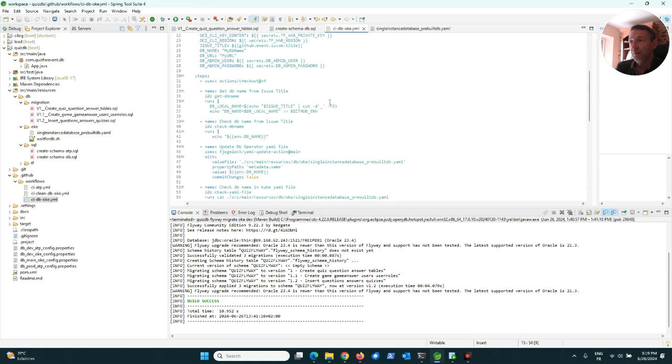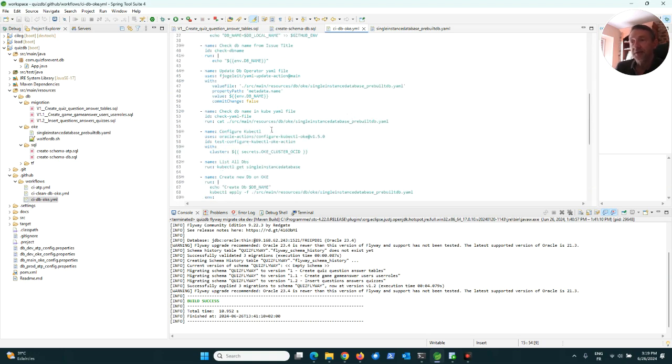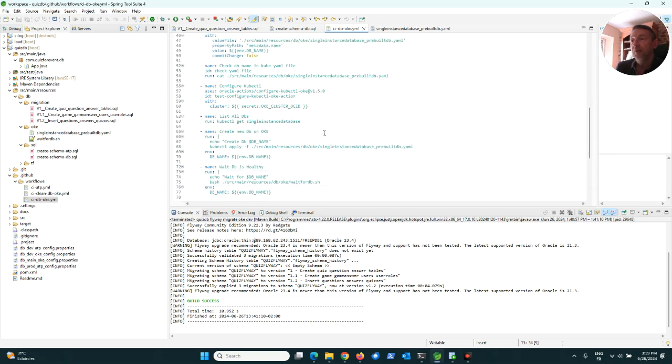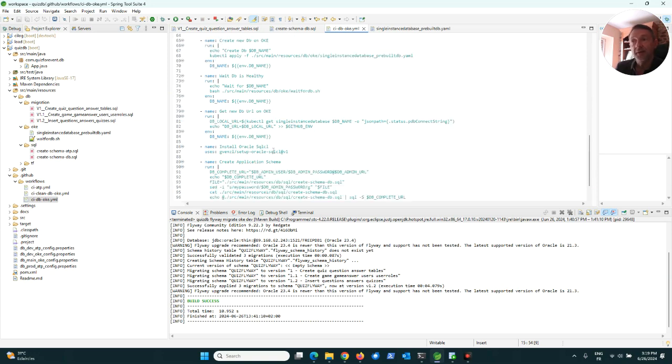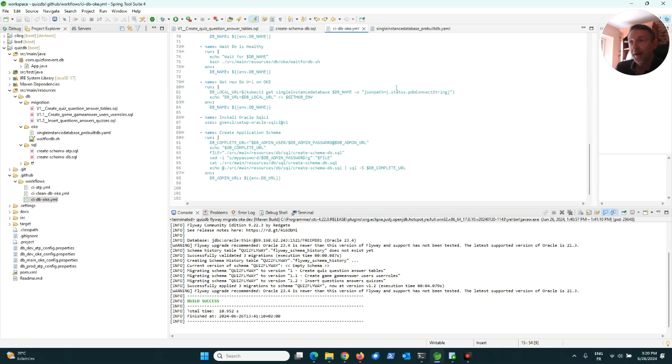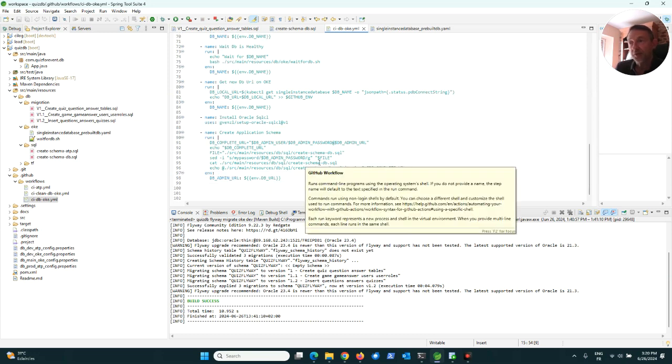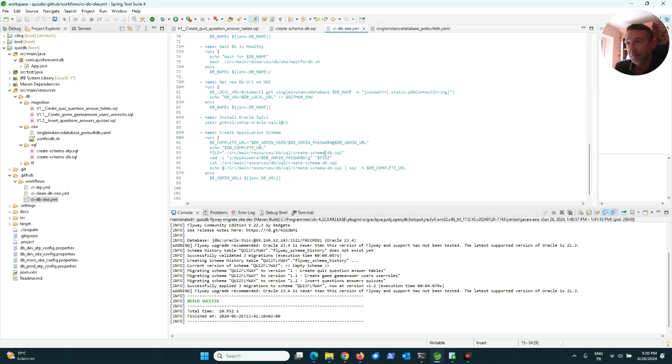This workflow will do several steps: get DB, install kubectl, create the DB, wait until the DB is okay, install Oracle SQL CL,